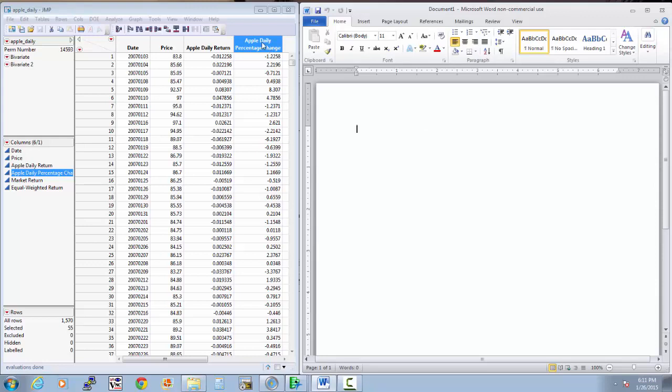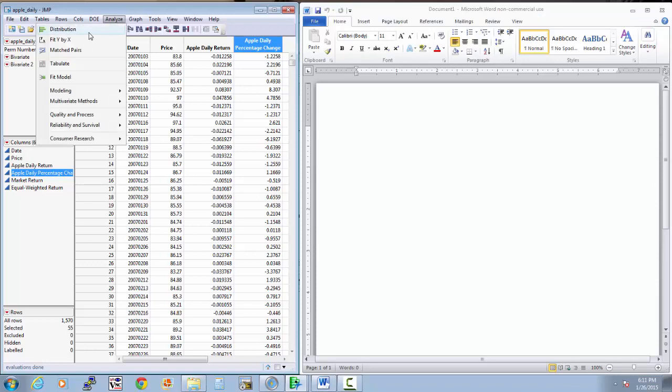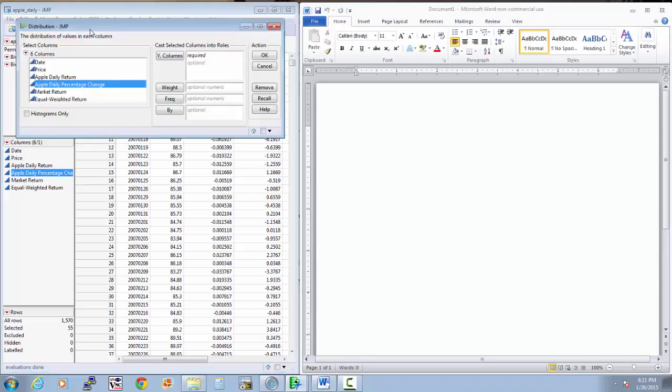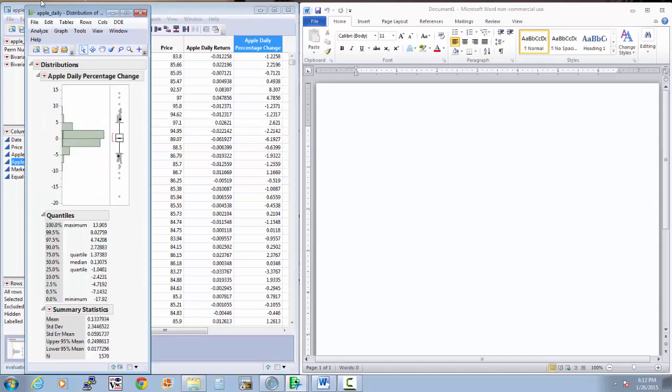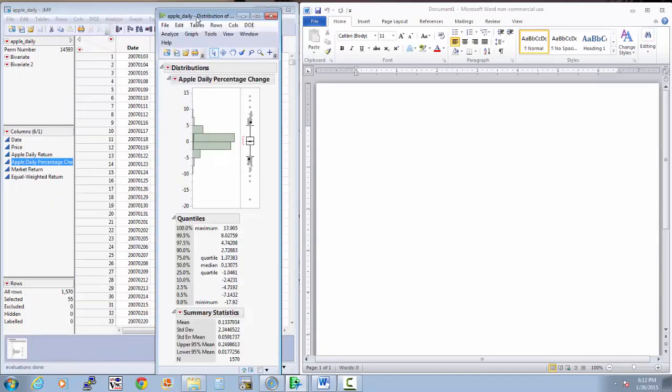So this is a data set that contains daily returns on Apple stock as reported through a percentage, and I'm just going to create a graphic of that column. So I go Analyze, Distribution, and we'll look at these daily percent changes. So now here's a graph that I've created, and what I'm interested in doing is getting this graph into the